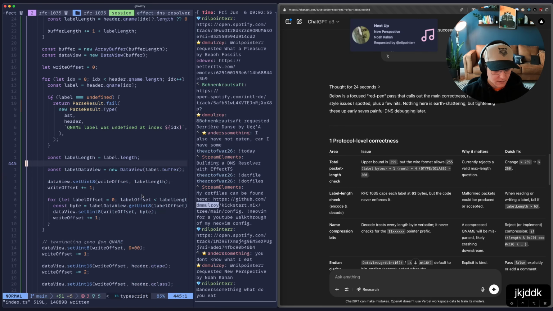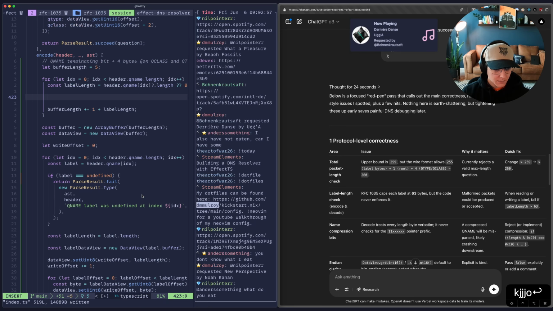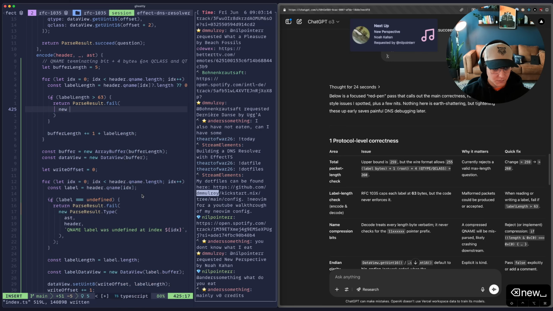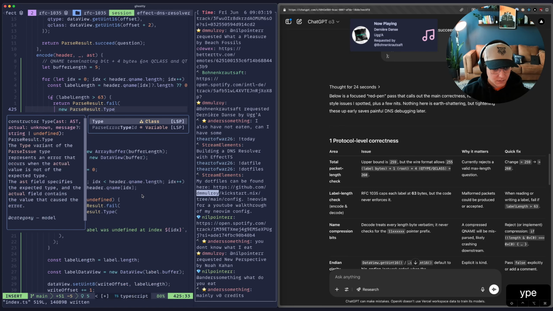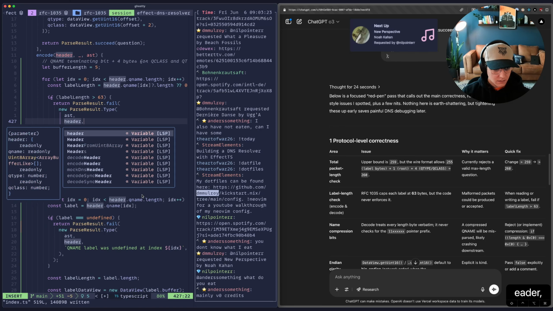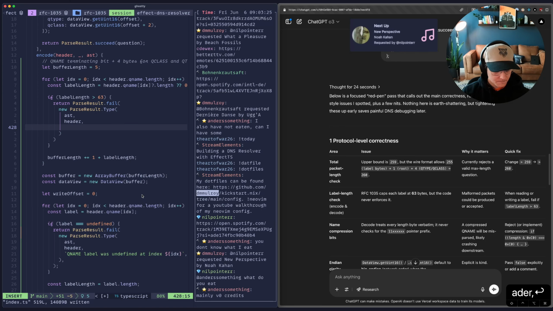Actually, we can do this earlier. We can fail earlier. We can say if label length is greater than 63, we'll return a parse result failure. And we'll do new parse result dot type. And this is going to have our AST, the header, and then we'll get